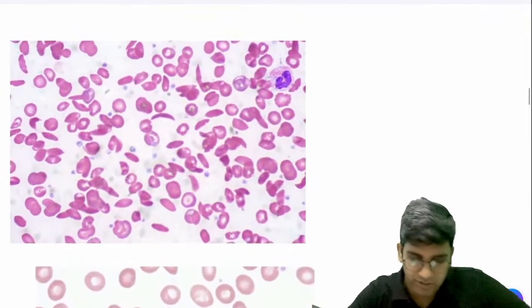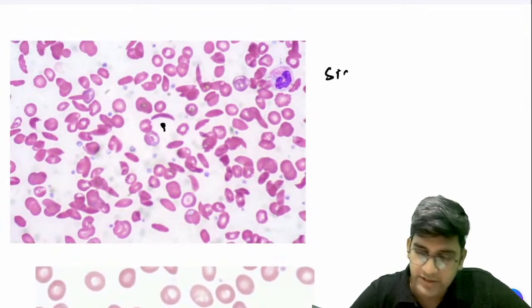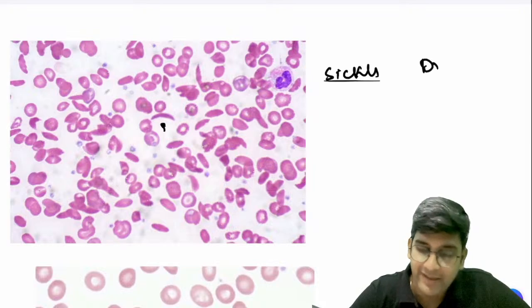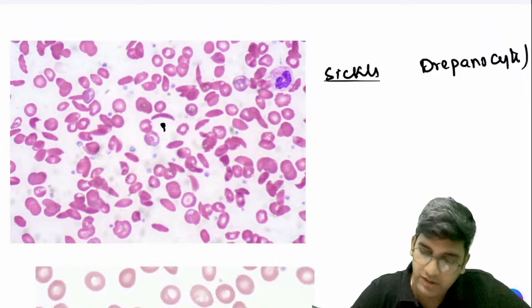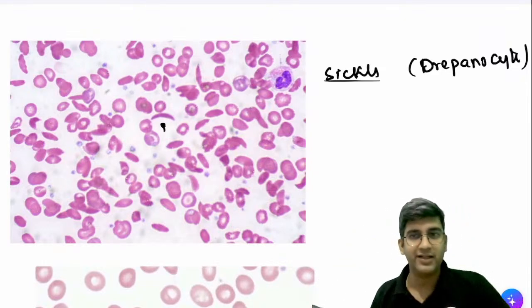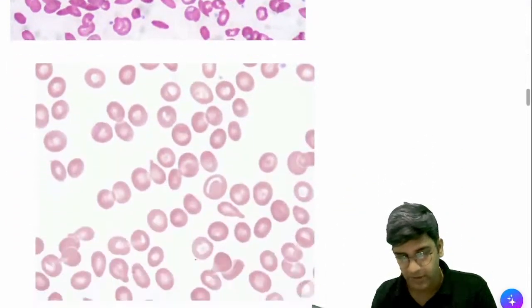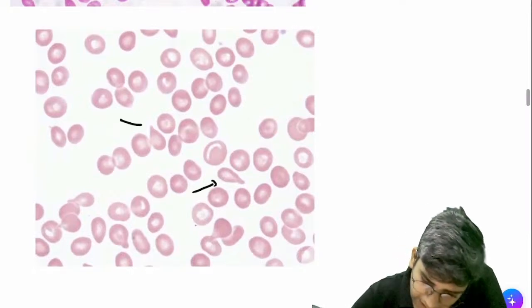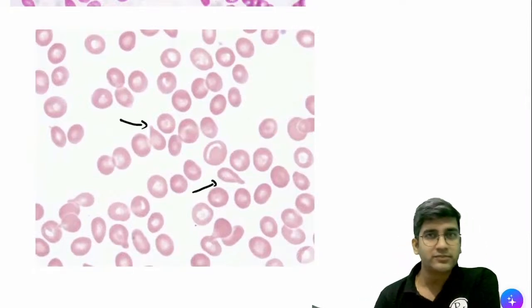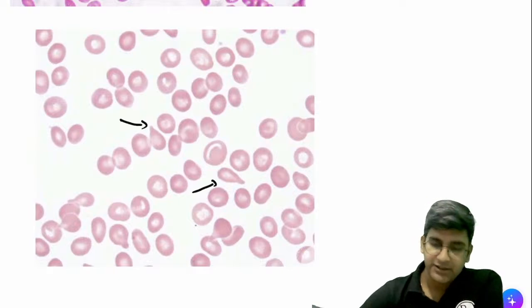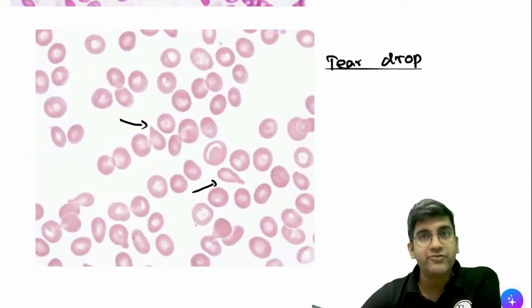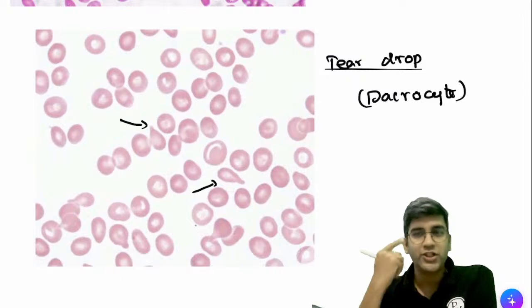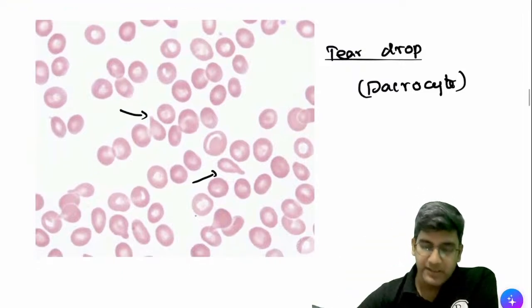Next, simple spotter. Diagnosis, sickle cell, or there's one more name, drepanocytes. Drepano means like a boat. It looks like a boat. Sickle cell, seen in sickle cell anemia, right? It's not difficult here. Drepanocyte, perfect. What cell is this? Anyone? How does it look like? It's a very easy finding. It's a teardrop cell, right? It's a teardrop cell. The other name is dacrocyte, right? It's a dacrocyte. It's a tear. It looks like a teardrop, right? Teardrop cells are seen in a condition called